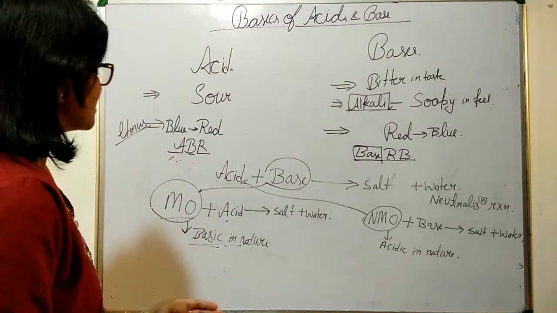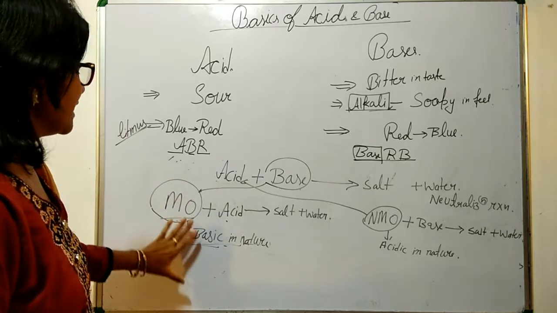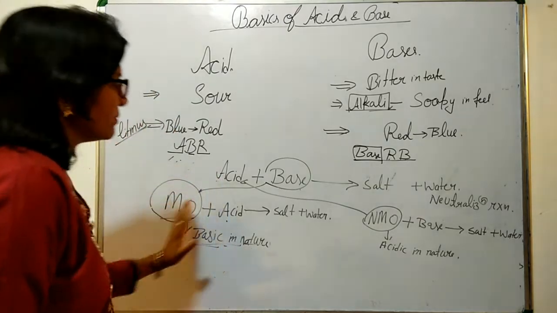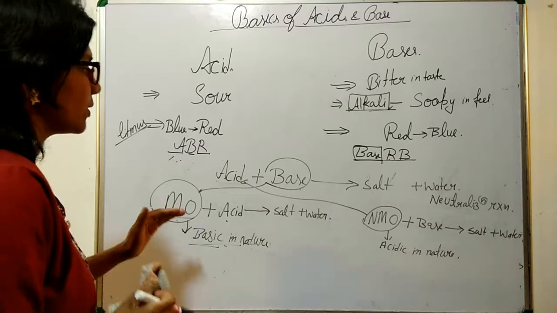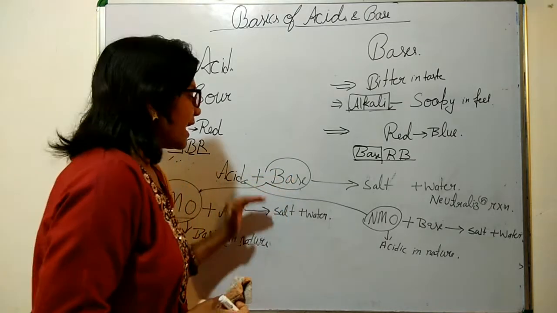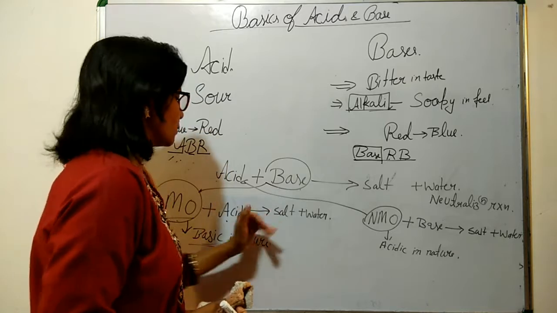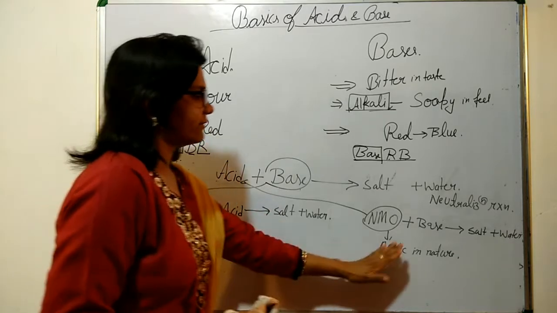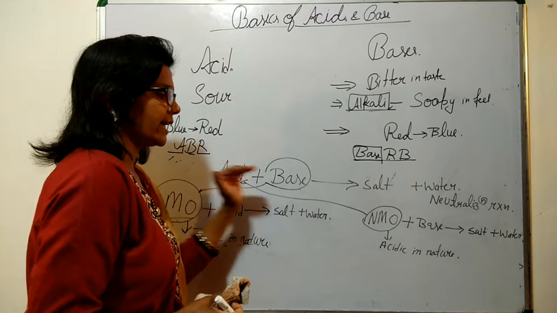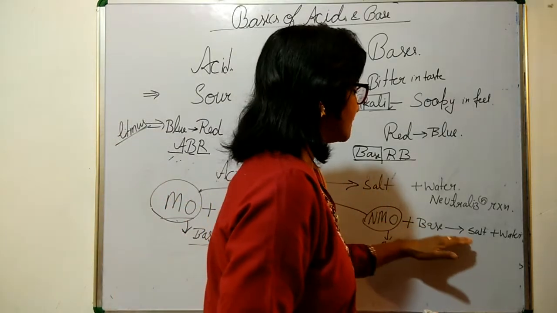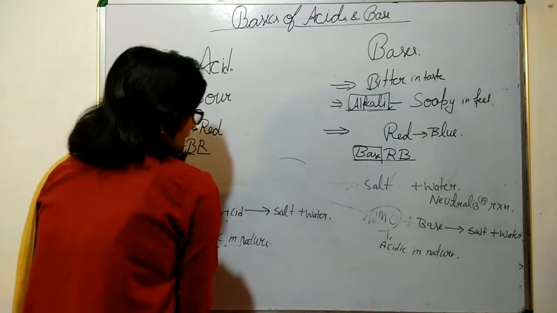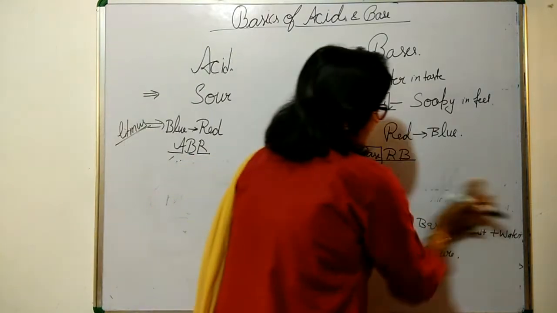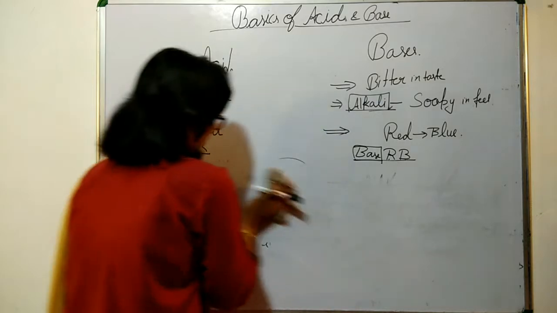But the basic concept is why we say that metallic oxides are basic in nature: it is similar to the neutralization reaction in which the metallic oxides are analogous to the base and form salt and water when they react with the acid. In the same way, the non-metallic oxides are similar to the acid because when they react with the base, they form salt and water. Now let's see what happens when they react with water.